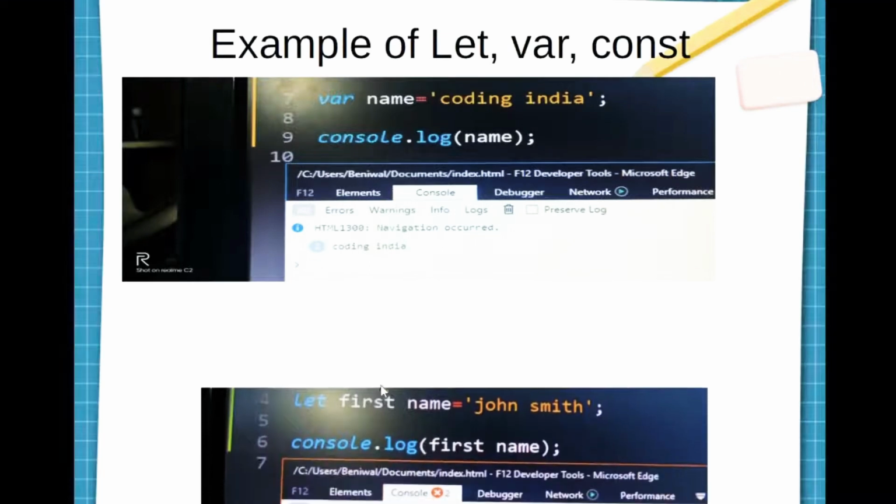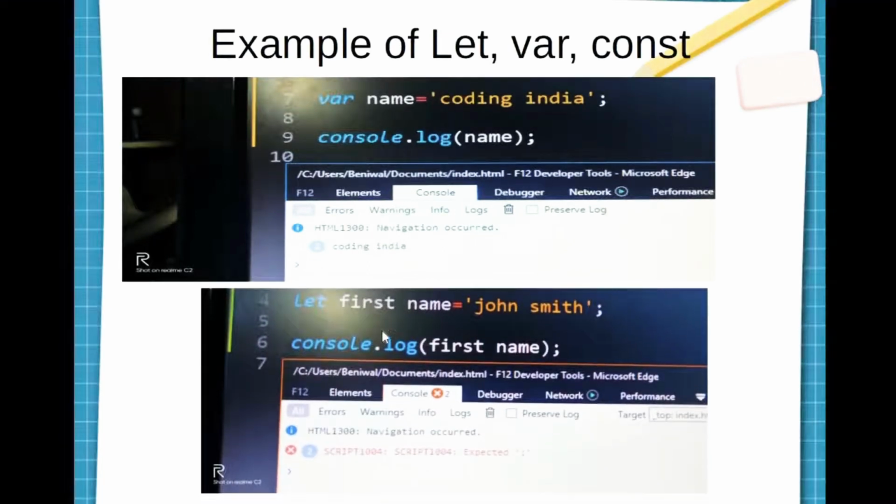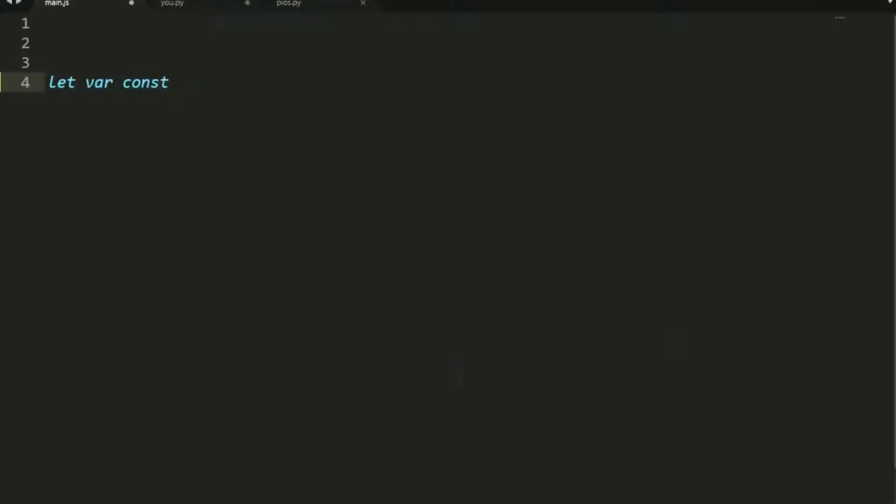And there is another example, like let firstName is equal to John Smith, and then we print console.log firstName, and then we got our output. So let's start with let. We first have to say let, the keyword.